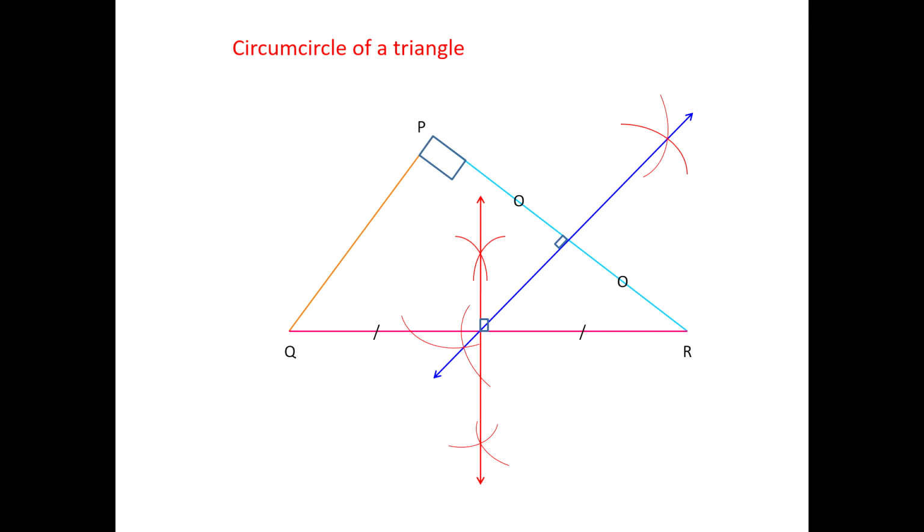Now we have the third side, PQ. From P we have drawn the arc, by the same method, and from Q we have drawn the arc, and now we are drawing the line. They are intersecting. From the intersecting point the green line is drawn. You can also observe that all three perpendicular bisectors are meeting at one point, which is on the hypotenuse. So we can also say that